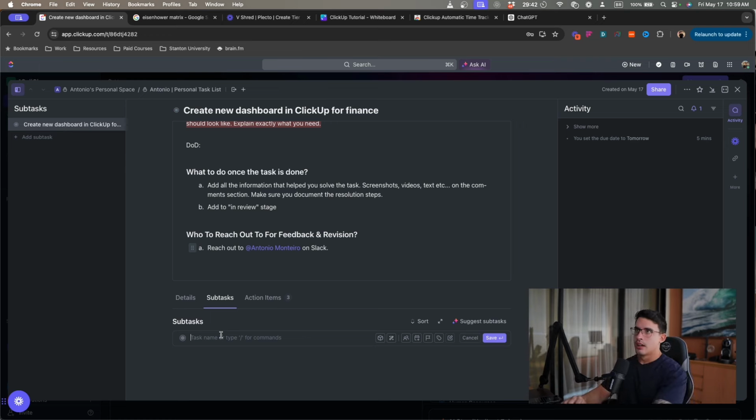Subtasks are, for example, when you have a client that you're onboarding and you have an onboarding process that would require setting up a website. The main task could be set up website for person X, right? And inside the main task description, there's all the tools, everything that needs to happen. But the first step is to get access, let's say, to the customer's data, the customer's WordPress login, for example. So you want to put the first task here.